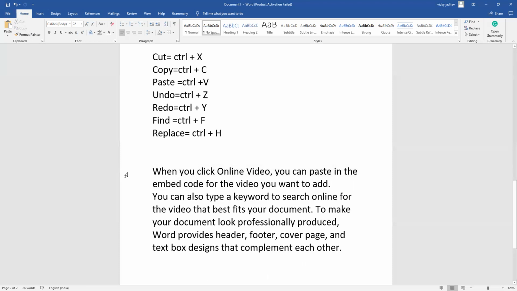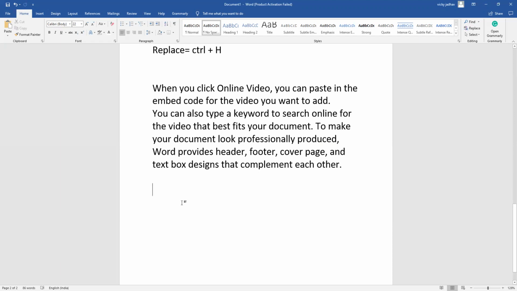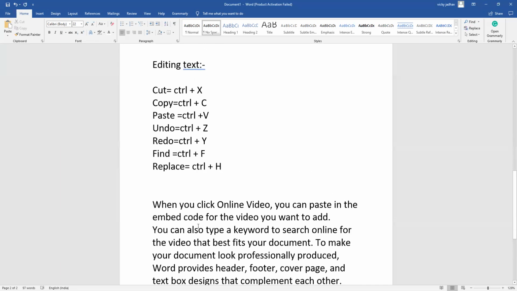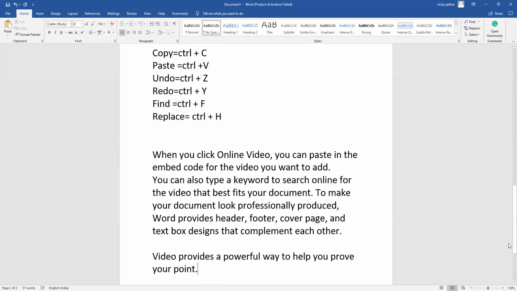As you can see, that particular line has been cut from the paragraph. Okay guys, now I will paste it over here. This is how the cut and paste option works. From here we cut it and here we paste it.